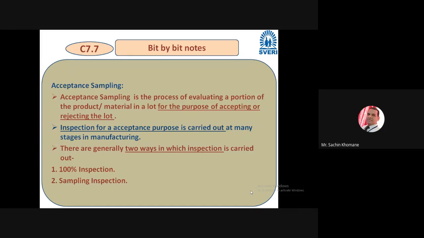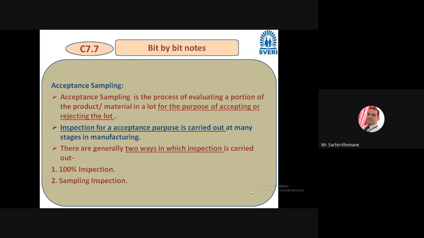For doing this, inspection is very important, and all of us know inspection for acceptance purposes is carried out at all stages of manufacturing, not necessarily only at the end of the final product. During fabrication and manufacturing also, people generally inspect the product. They check the dimensions, they check the quality of it, right? So during the process you have to do this inspection. So it is a very, very essential element in sampling.